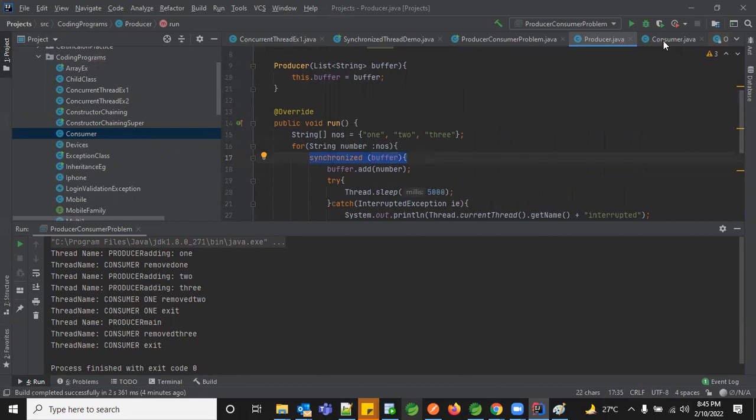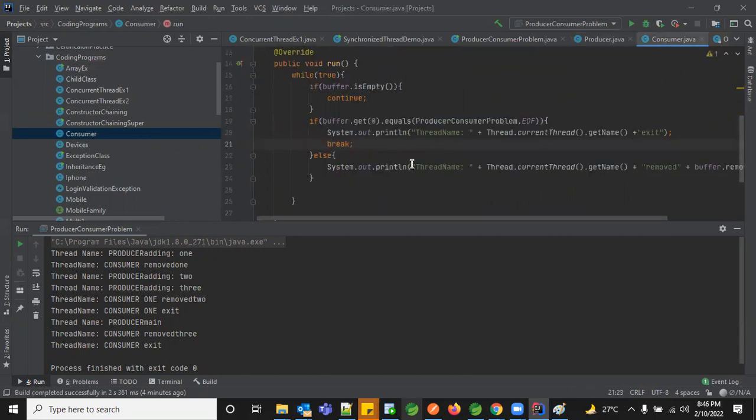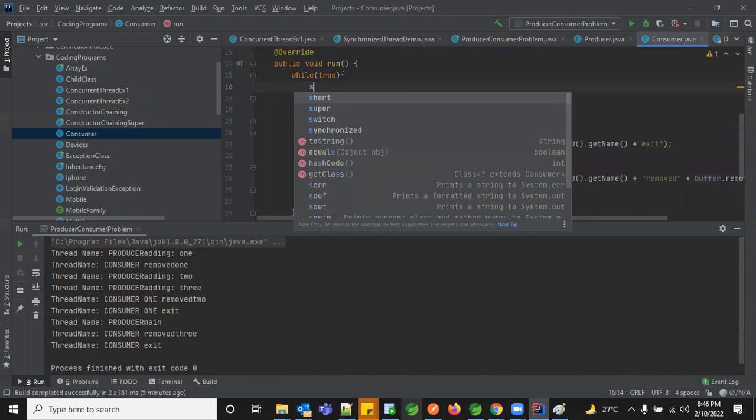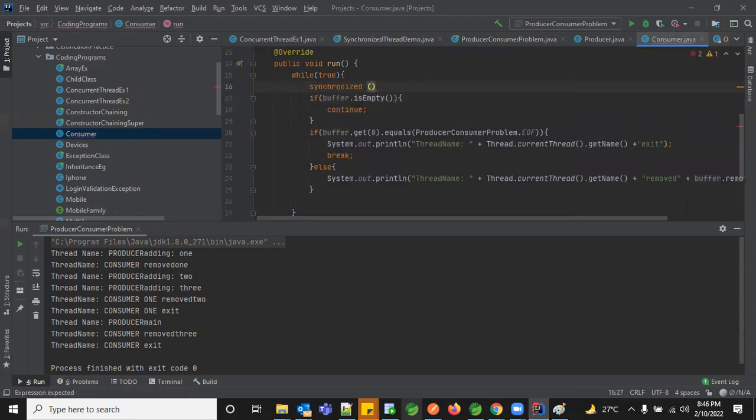Now the same thing I need to do for my consumer too, because in the consumer so far I didn't have any control on my shared object, right? This buffer is a shared object right now. So how can I make that shared object work? Again, I need to introduce a block called synchronized. What is the common instance? The buffer.